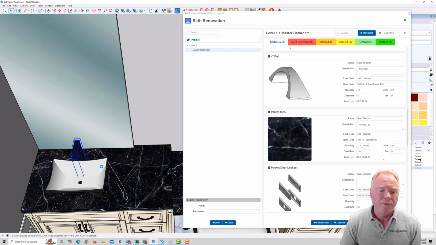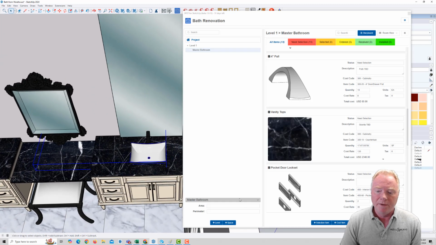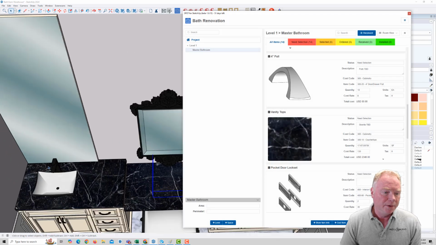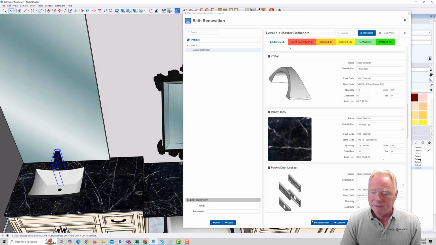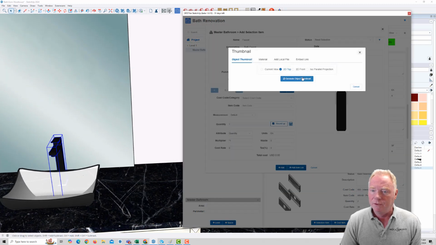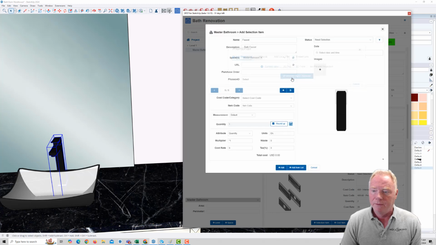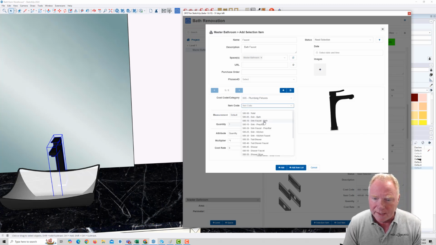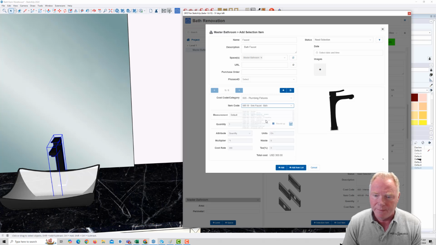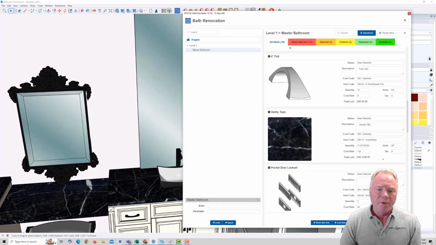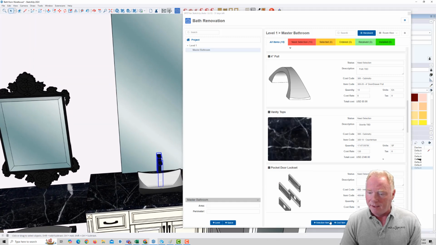Now I've actually got 2 of those. So I'm going to come over here and just click add selection item. Add, it's going to group those together. Okay, I'll select this faucet, and I'm going to add a selection item. Let's change this view to like the current view. Good enough for now. Okay, and it is plumbing fixtures, and this would be a sink faucet for a bath, $300. Okay, and I've got this other one over here, so I'm going to click on it and add selection